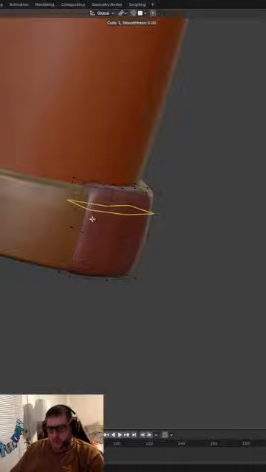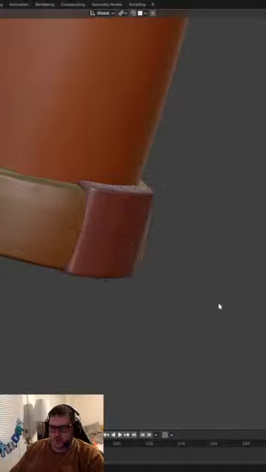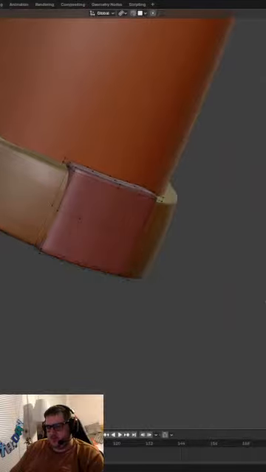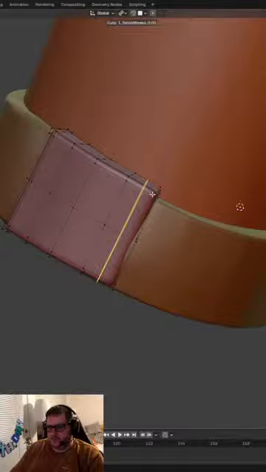And I know we did something similar to this before, where we went in here and just added these edge loops close to the edge, which helps us maintain some definition.